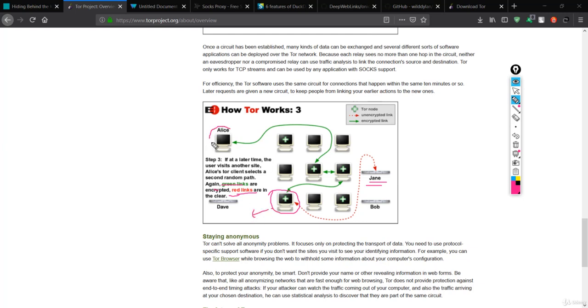So Alice will be having encrypted communications with Jane, or basically with this person or this server, and that is the only way to protect the transportation of data, which is basically staying anonymous in the network. So it is a very important feature of Tor, that it will make us anonymous in the network.